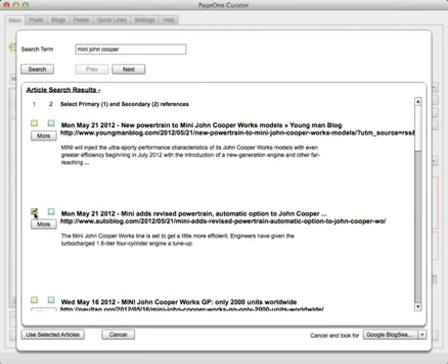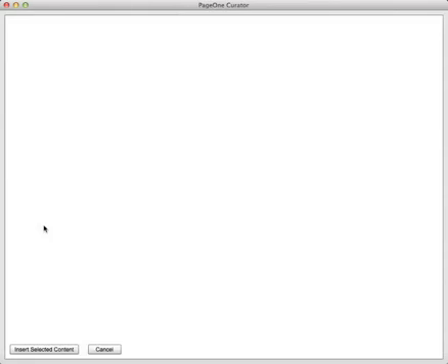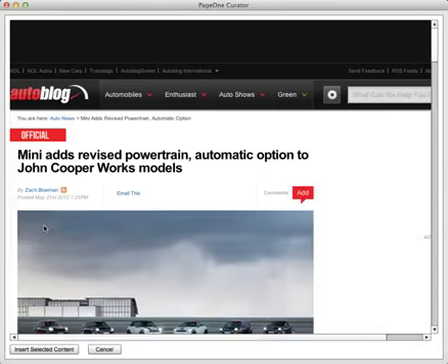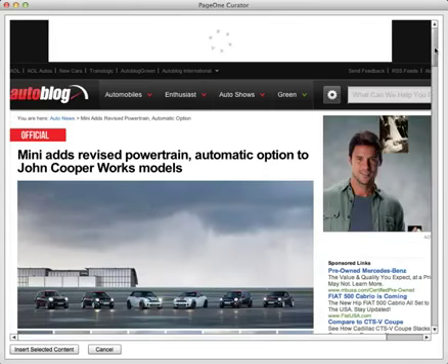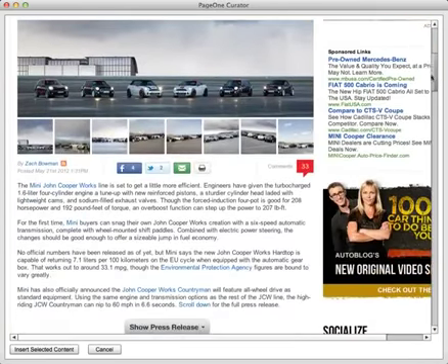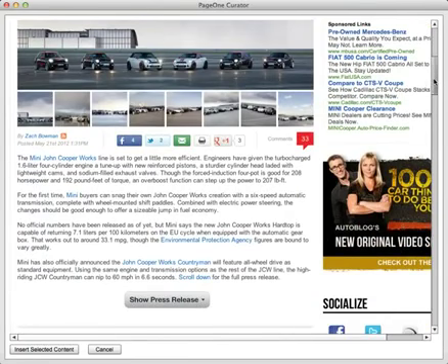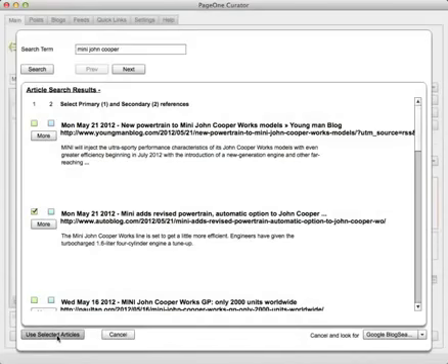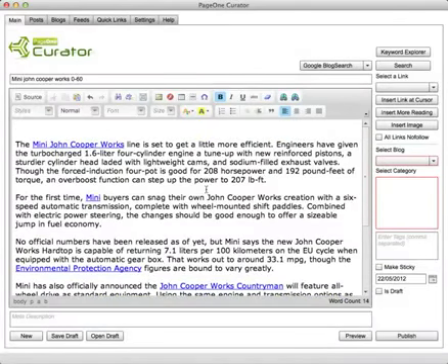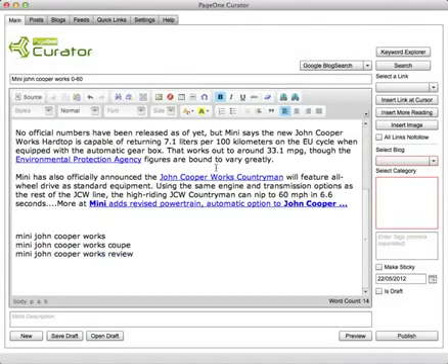what I can do is simply select that and drill further to look at the actual content on the web page to check that it's relevant, it's interesting, and it's a good authoritative source to use. So this seems like a good article, and then what I can do is literally highlight the whole article like that, click Insert Selected Content, and then use it, and it pastes the whole article, or the content that I've